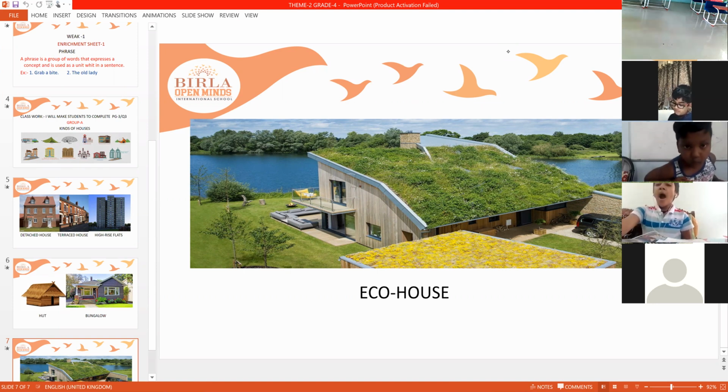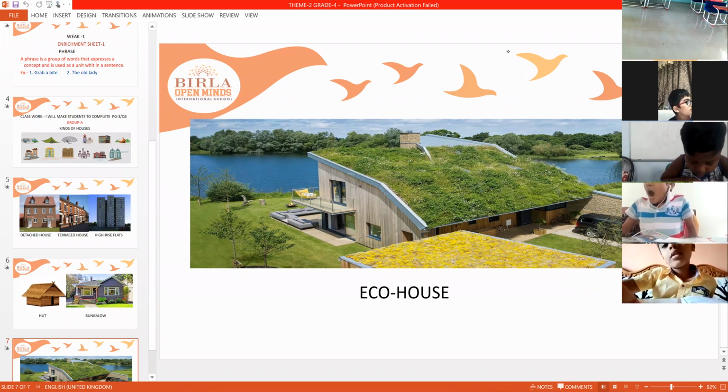Okay. Now I'm going to read it. This eco woodland house was built by a family in Wales. The house was built using recycled materials. The waste materials, we will make some new things with the waste material. No, beta, that is called a recycled material.